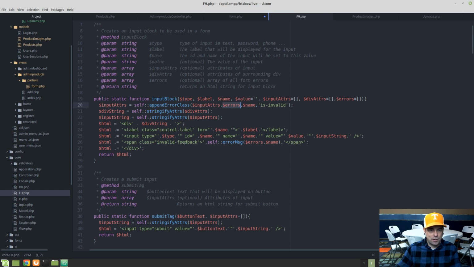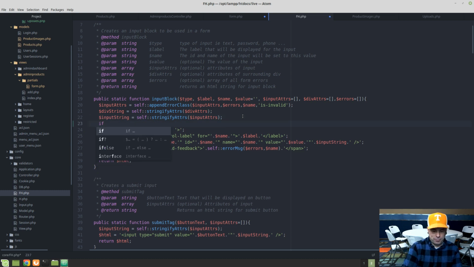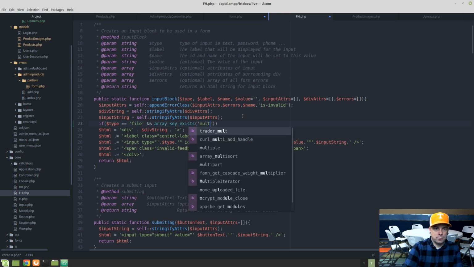So right now we're using name for ID, so let's add a little bit more logic to this thing for now, and we'll just say if type is equal to file and in array, or if array key exists multiple,